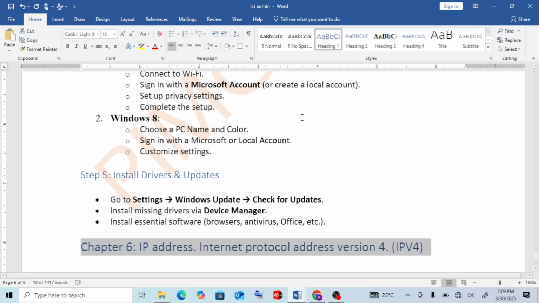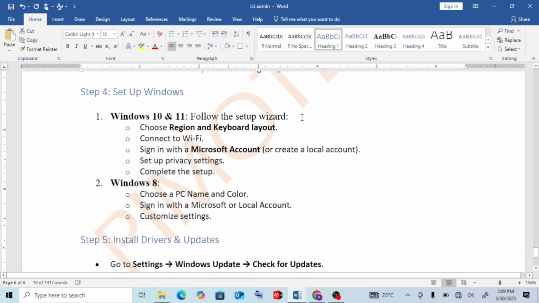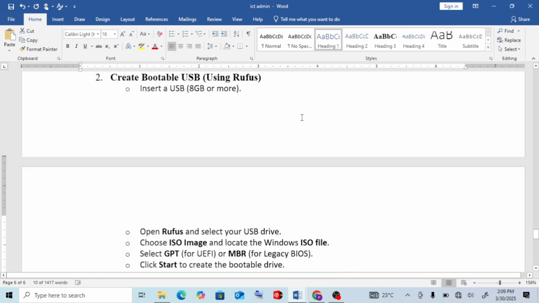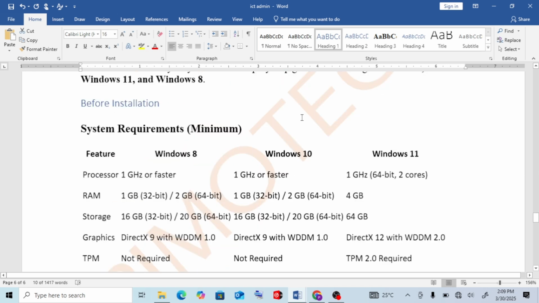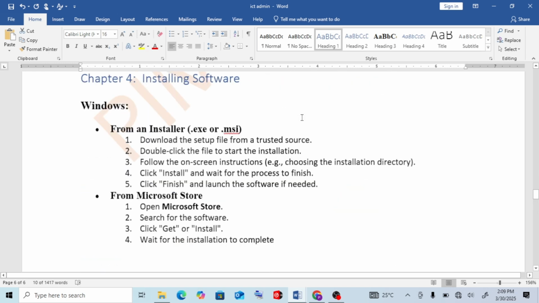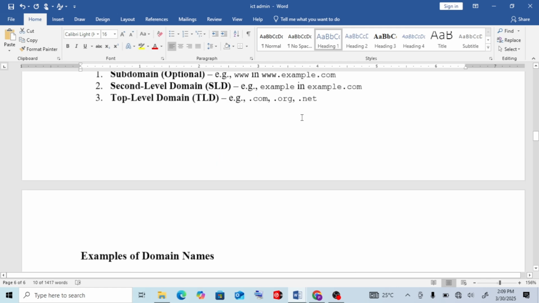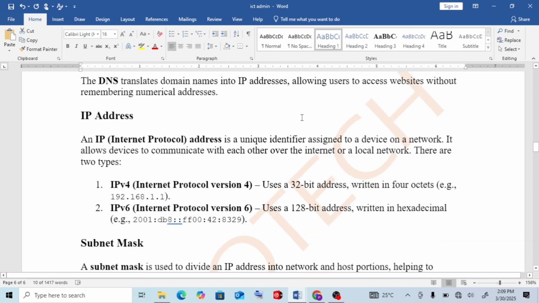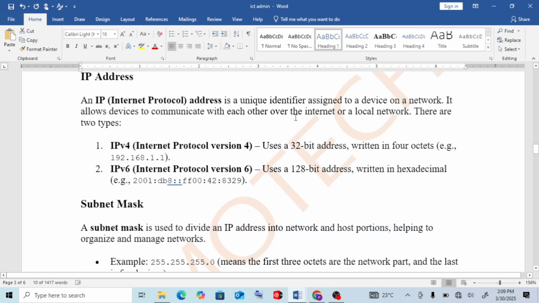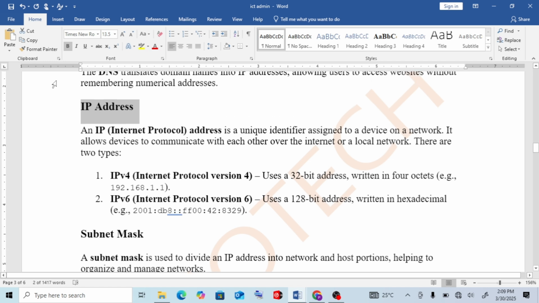From there, if you want to make subsections of the headings, now you change the heading. Let us say, for example, this is chapter 3. If you want to make subheadings like this IP address, the one you see here, you give it either heading 2 or heading 3, whatever you want.